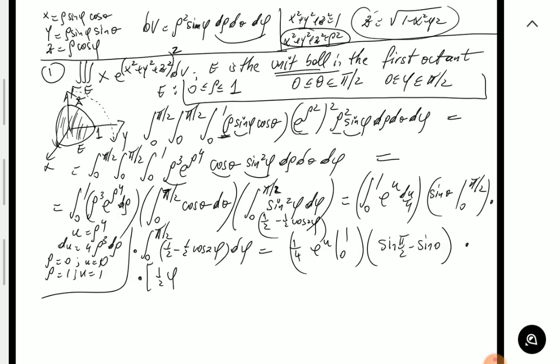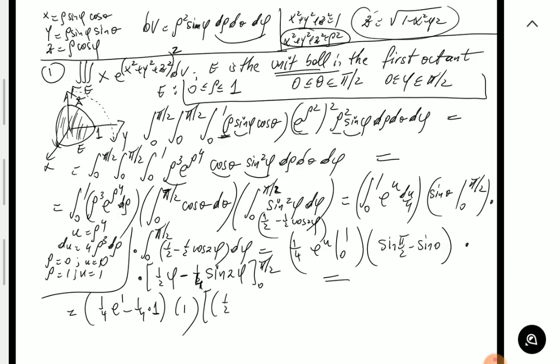Integral of cosine of 2 theta is sine of 2 phi over 2, right? So it's minus 1/2. Another 1/2 makes it 1/4 sine of 2 phi between 0 and pi over 2. All right, so the first parenthesis is 1/4 e minus 1/4 times 1, e to the 0. Middle one is 1. And then the last one is 1/2 pi over 2 minus 1/4 sine of pi, which is going to be